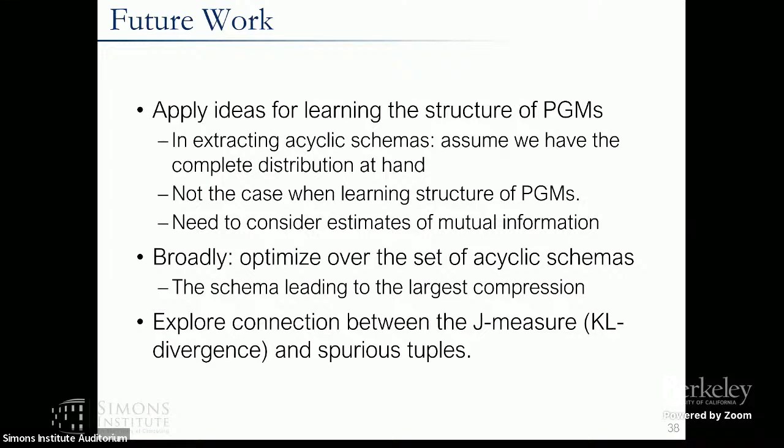Broadly, for example, one of the things we are looking for is, given some threshold, a distribution that is at most some threshold away from the original one. I want to find a cyclic scheme that leads to the largest compression, for example. I will mention here very briefly that